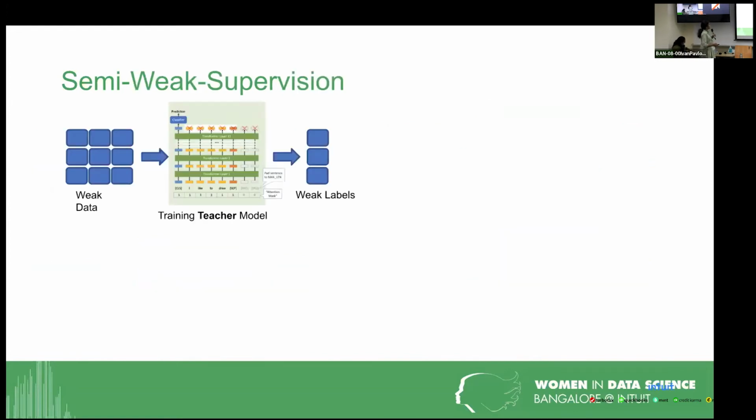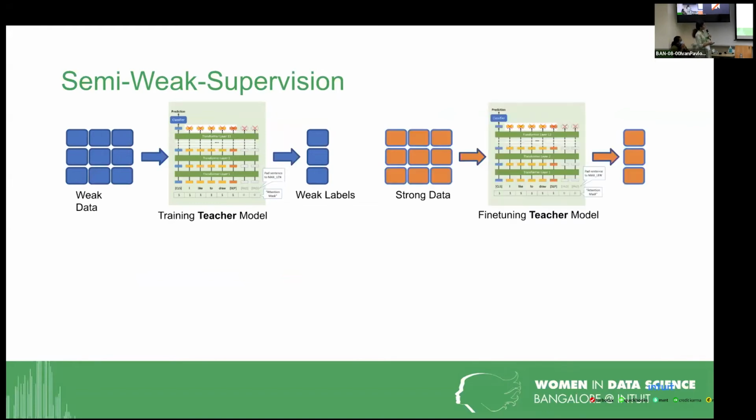Similarly, let's say you have weakly labeled data, which could come from a different model, or which you have gathered with some search techniques, but it has noisy labels. Then in your training process, you train with weak labels and then with strong data.